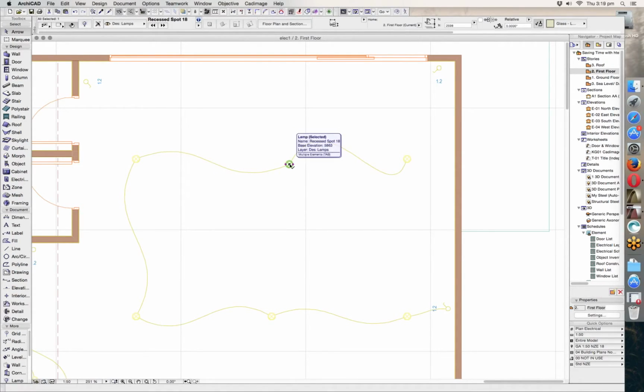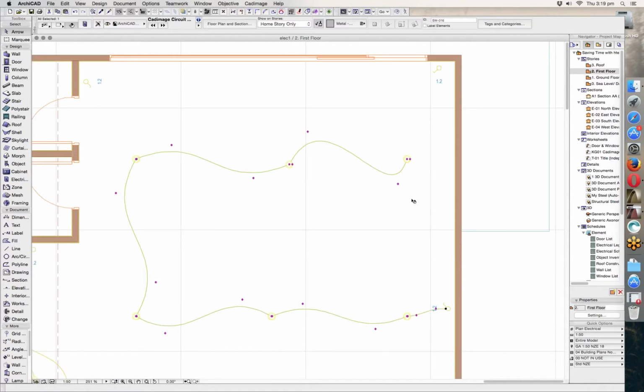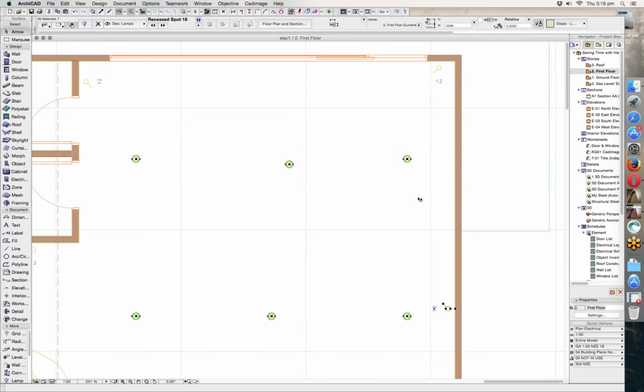So the next thing you might want to do, now that you've got a circuit wired up, is add something to it. So what we can do here is select everything again, clicking on the